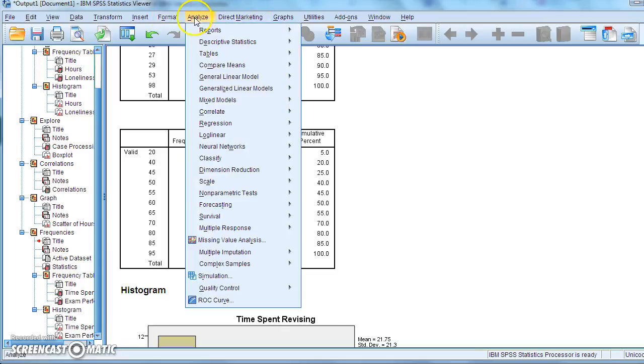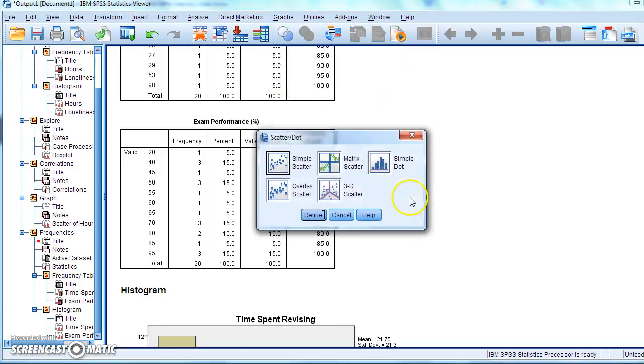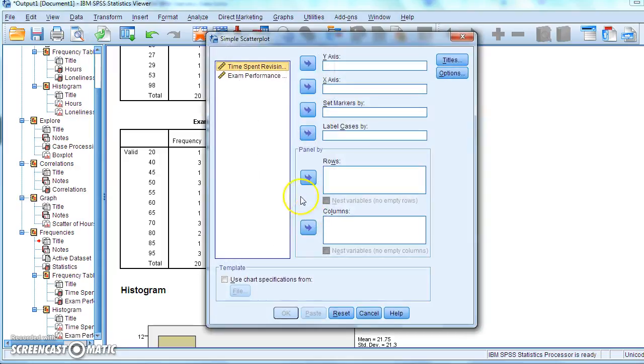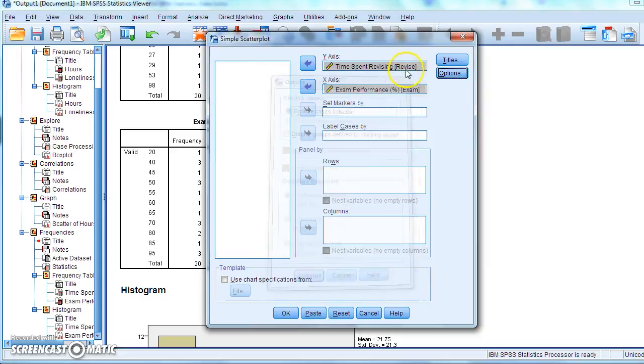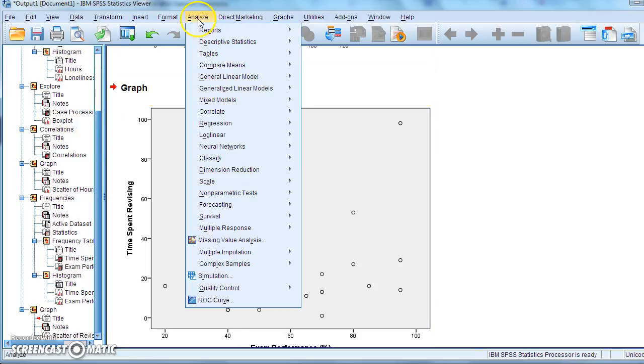What we can do now is simply to see whether there's a significant relationship. So we might wish to do a scatter plot beforehand. Again, doesn't necessarily tell you that much more. We'll just put these in this way. And then we click OK. And there's not an awful lot going on. It seems to be the case there's a slight kind of increase this way. There seems to be a very weak positive relationship, whether it's significant or not with this number of participants, not sure. So let's do the test.